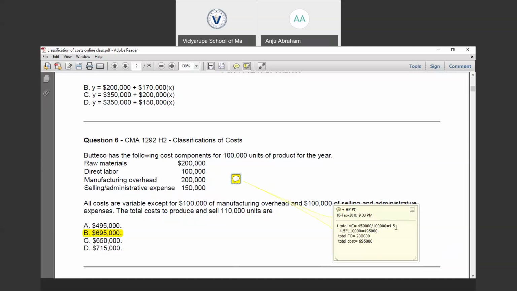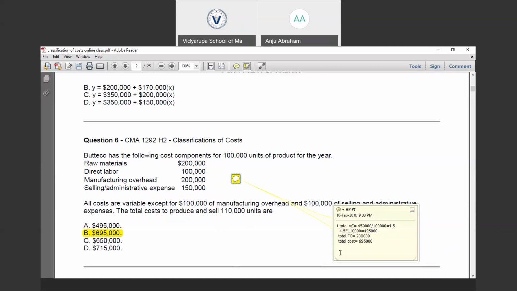So we get the unit variable cost. We can multiply this unit variable cost by the 110,000 units to get the total variable cost required to produce 110,000 units, which is 4.5 times 110,000, which is 495,000. For the total fixed cost, we know that 100,000 of manufacturing overhead and 100,000 of the selling and administrative expenses are fixed costs, which will remain constant. So total fixed cost is 200,000.